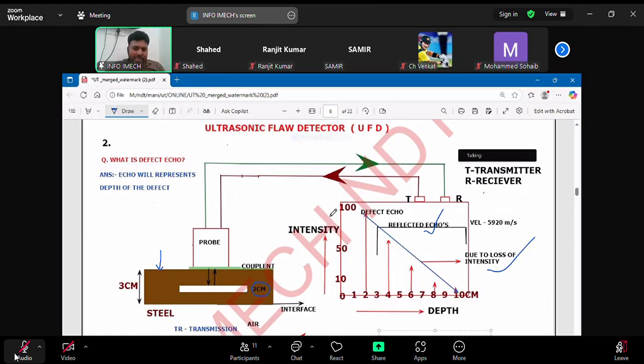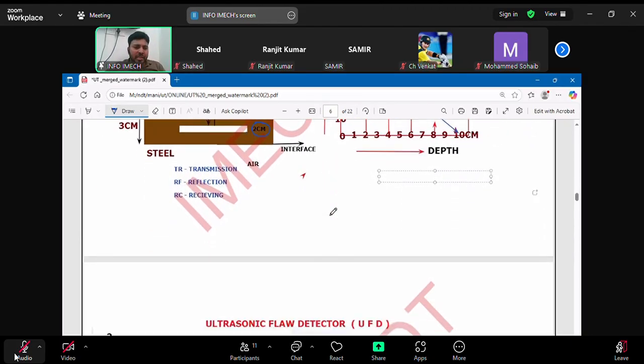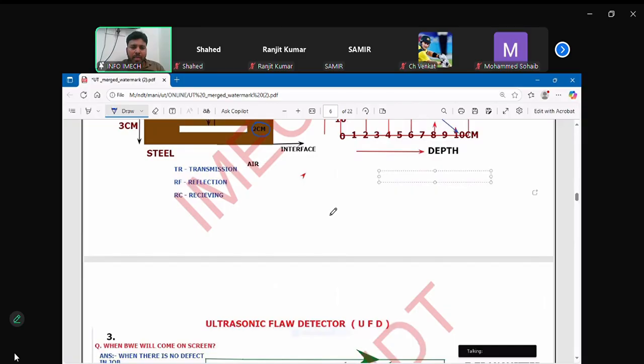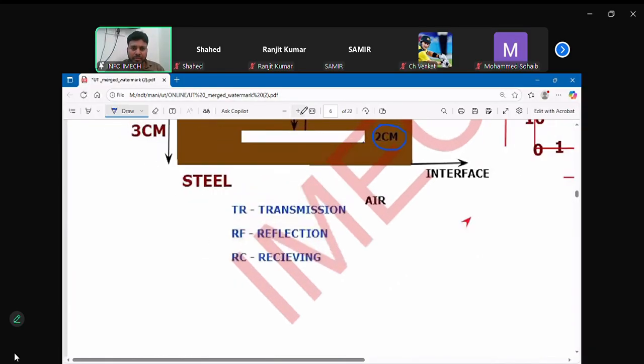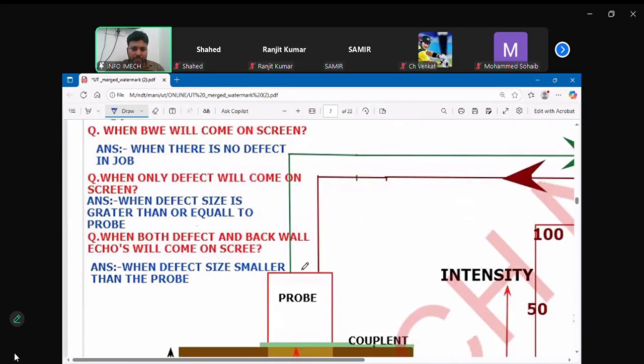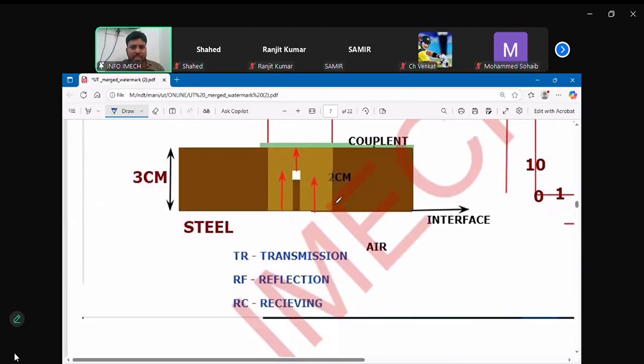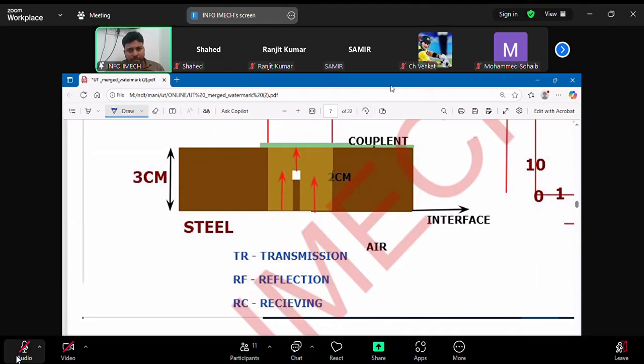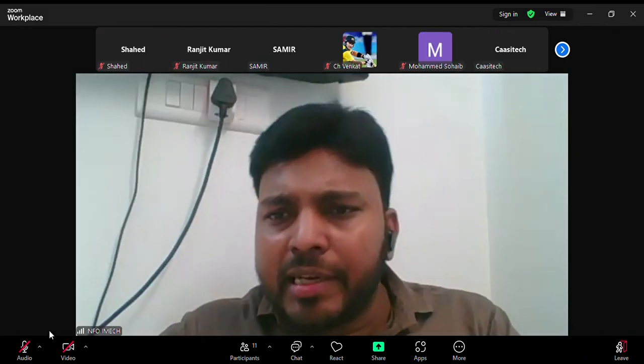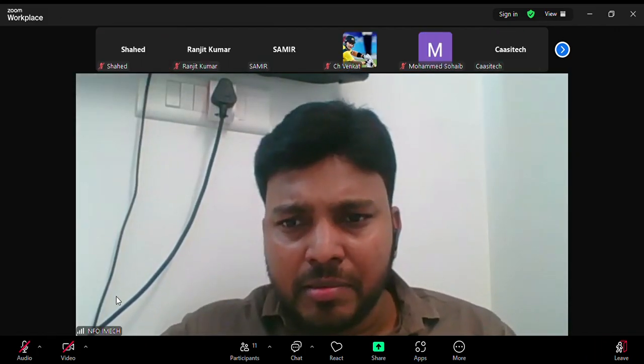So, case 3. In case 3, I'm taking a defect in the material. But which echo will we get for this case, guys? Defect echo or back wall? Defect echo for the middle defect part. Defect echo. But before taking you to this concept, guys,